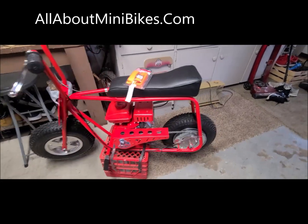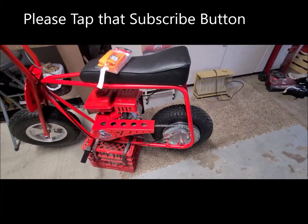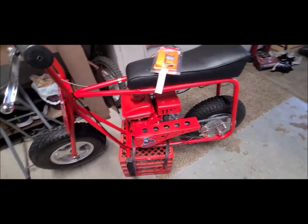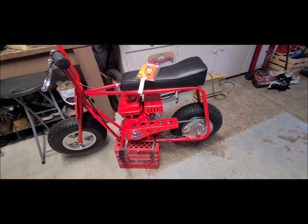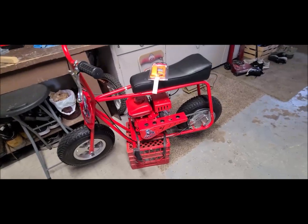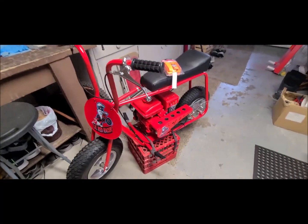And when we put this mini bike together, we were at the shop and we put the chain on, put it up on the stand and we got it going. And in no time, probably shot the kinks out of it. Literally, it was stretched and it was cold outside, about 25 degrees, and we could not pull it back into the shop because the shop has open flames with what he heats it with, and with gas in the tank already, we weren't going to do it. So I had to bring it home, figure out how I was going to do it,